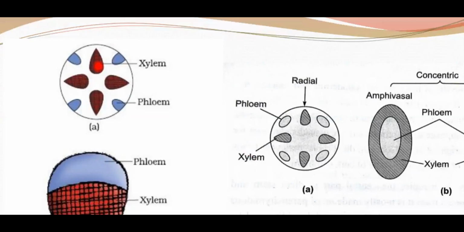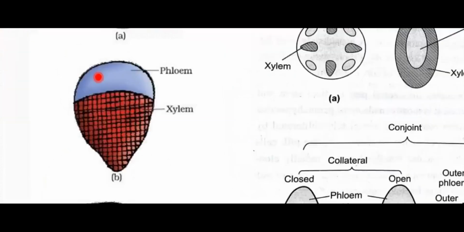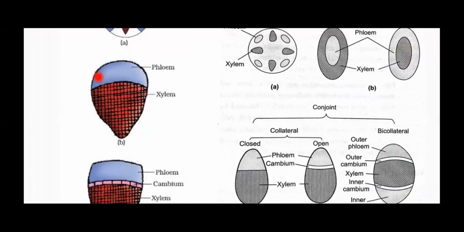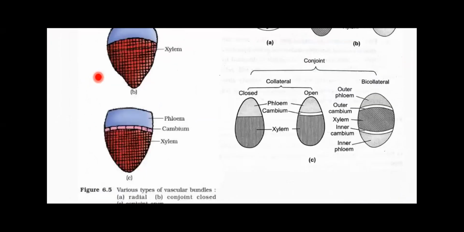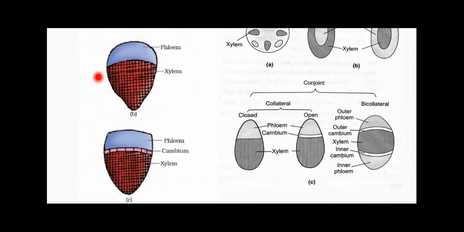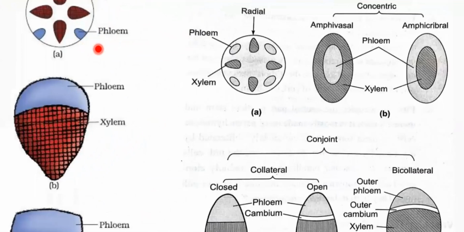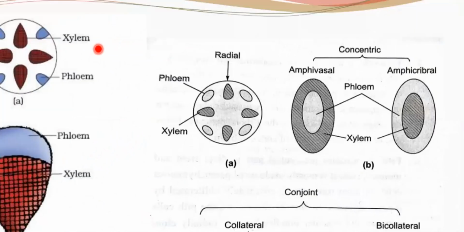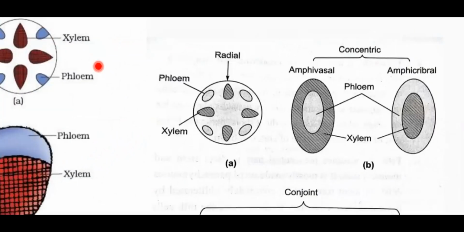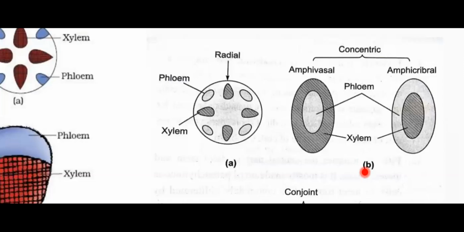Okay, when xylem and phloem are situated on the same radius, then what is it called? It is called the conjoint type of arrangement. And this conjoint type of arrangement can be closed or it can be open. If cambium is present, it is said to be an open bundle. If cambium is absent, it is said to be a closed bundle. Similarly, you have one more diagram depicted here. This is the radial arrangement on different radii. This is the conjoint arrangement. So conjoint can be